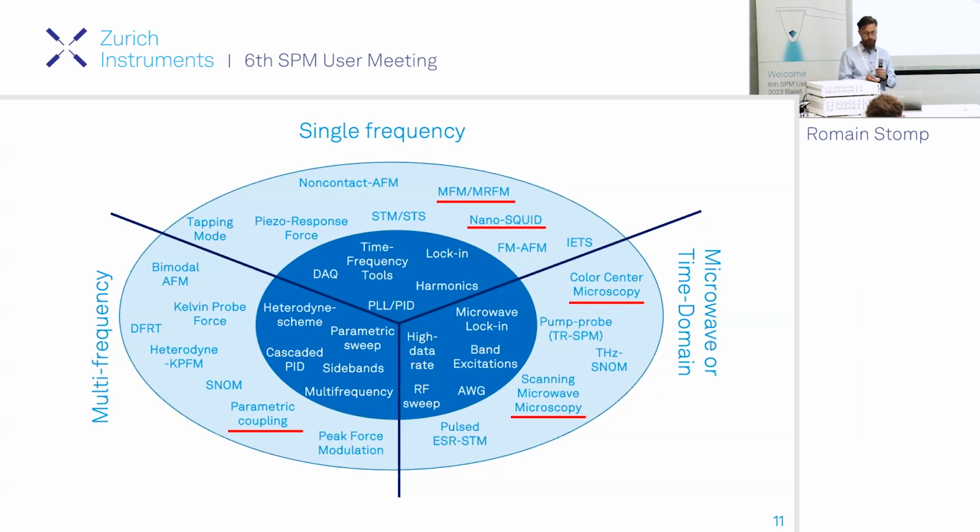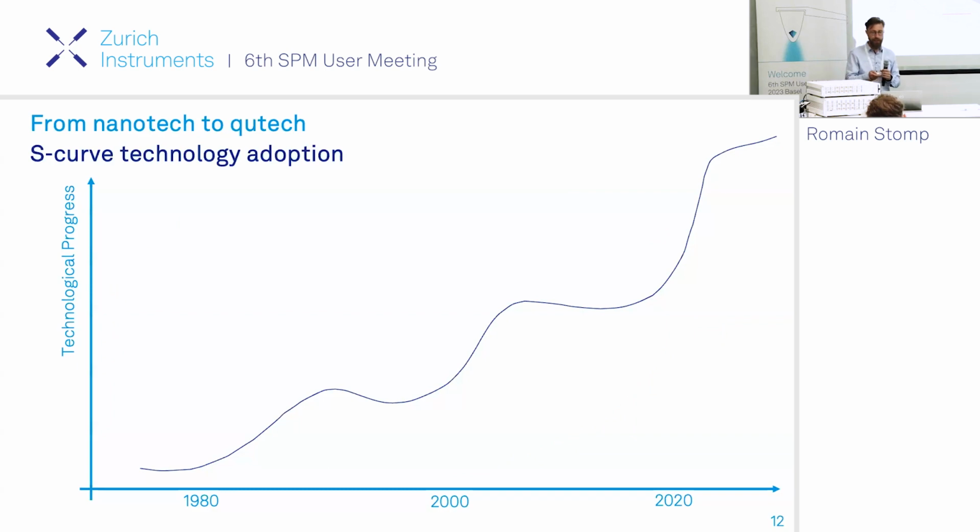So that's just to give you an idea. Some of this will be discussed in depth, or at least touched on, in some of the talks that you will see today, from these different areas. But all these SPM modes did not happen overnight. We tend to think about technological progress as a linear thing, but I see it more as something non-linear, more like building on